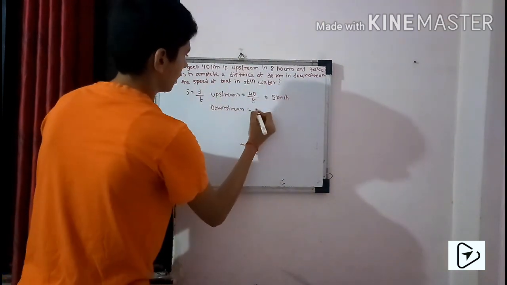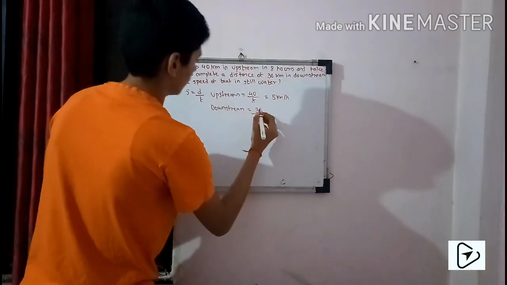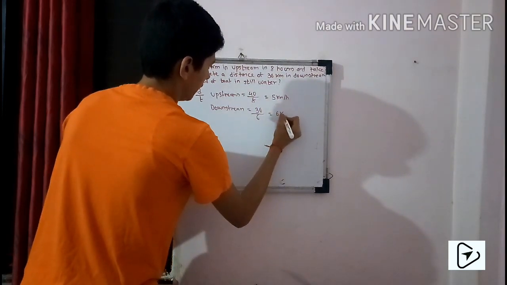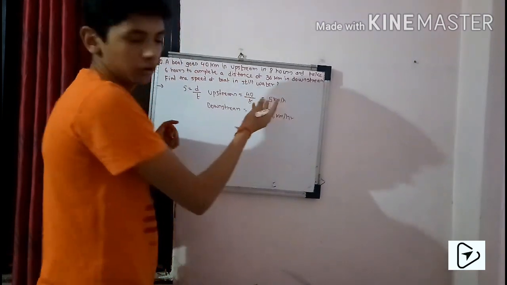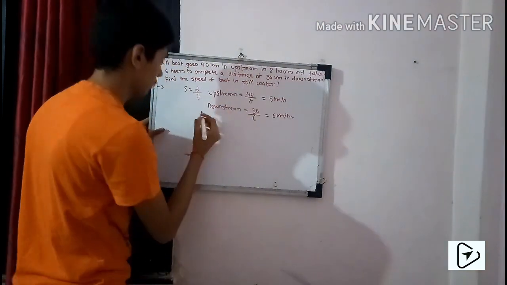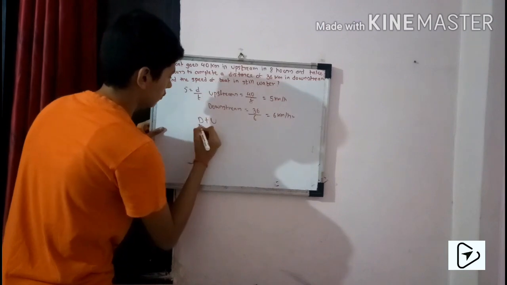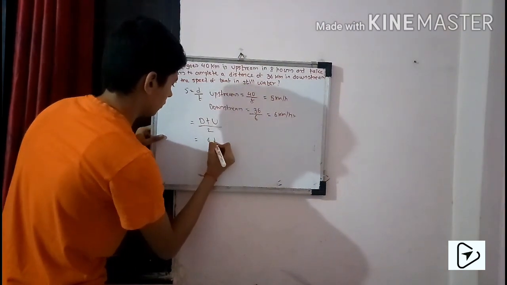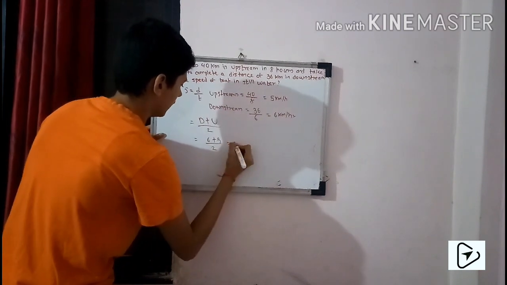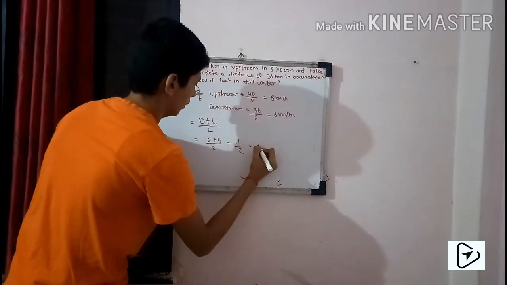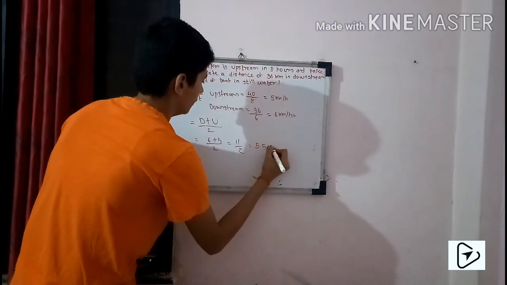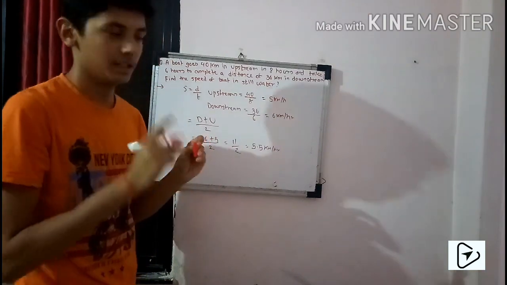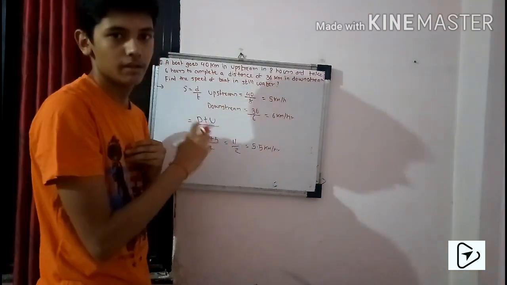Distance is 36 kilometers and the time is 6 hours. The speed is 6 kilometers per hour. Both values have come, so we have to put them in this equation only. (D plus u) upon 2, where the value of d is 6 and u is 5, so (6 plus 5) upon 2, that is 11 by 2, which is equal to 5.5 kilometers per hour. As simple as that. We just have to see and think clearly about what is being asked, and just find it out.